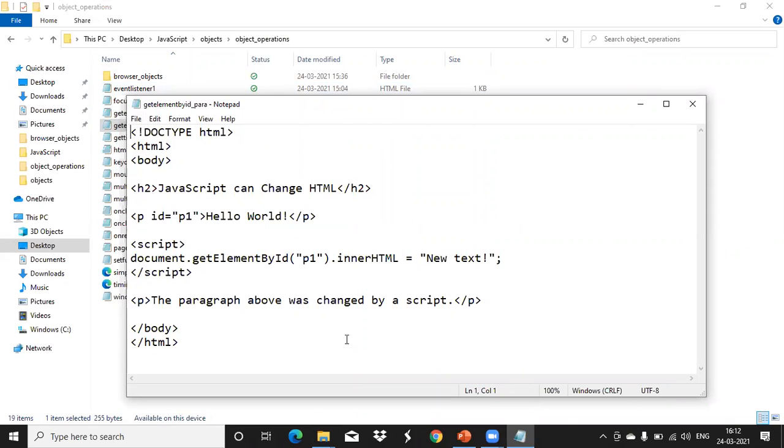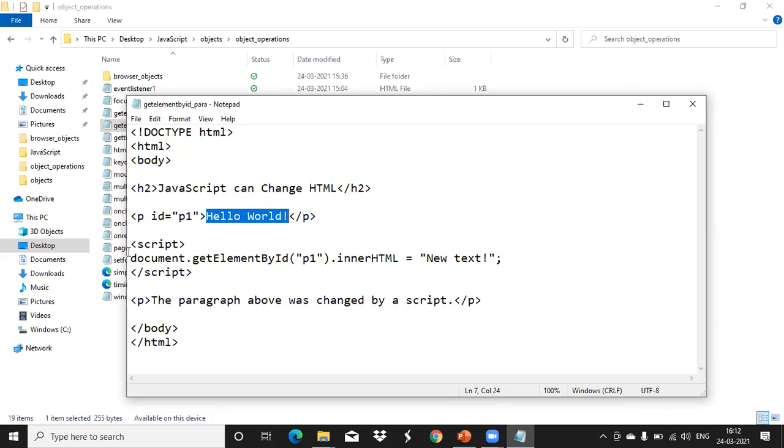In this program, it is showing how we are changing a paragraph value. So a heading is there, just showing the message like this. See, a paragraph tag is created inside your HTML. In that, an ID attribute is used. We named that paragraph as what? P1. So in an HTML file, we can create a number of paragraphs. So which paragraph now do you want to change? So you named this particular paragraph as P1 using the ID attribute. And this is the value you have specified now. Hello world, like that a value here you have specified.